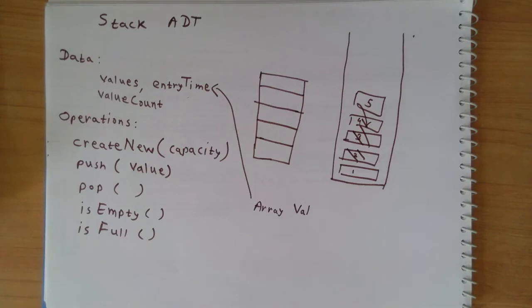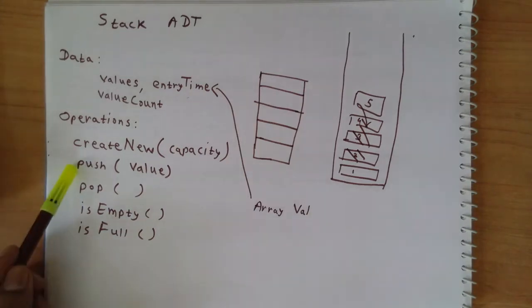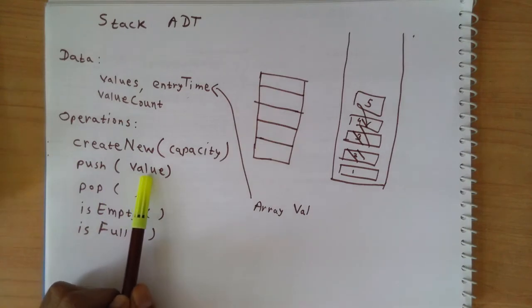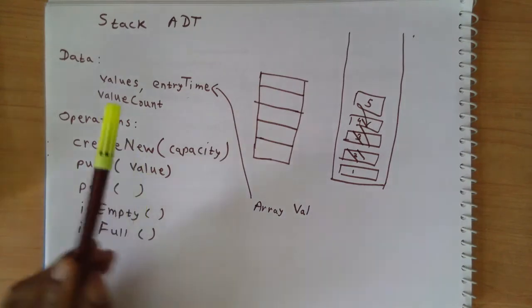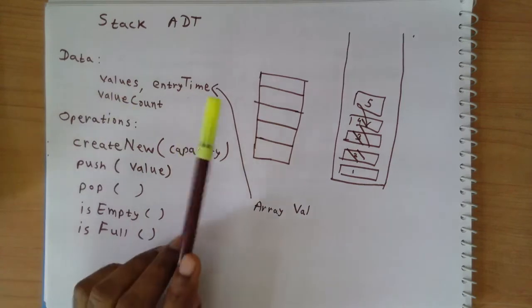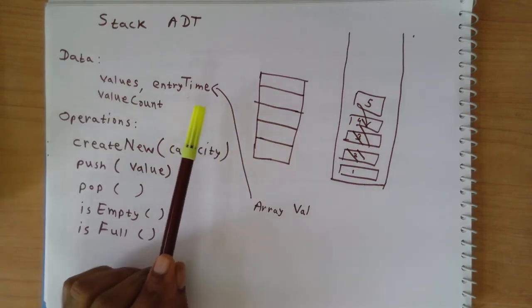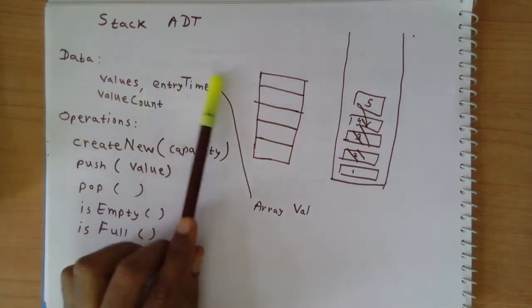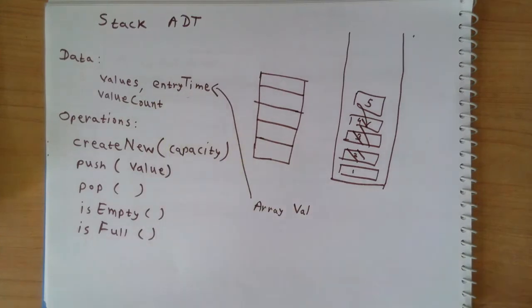So what will happen with push? With push, what is supposed to happen is that I give you a value, you have to store it in the stack with the latest entry time, whatever is your notion of encoding the entry time. So currently my stack is empty, and let's say I do the push